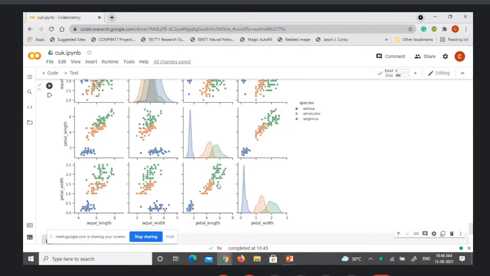And if you see the petal length, the Setosa class, which is blue, is well separated from versicolor and Virginica with respect to the petal length. So here I can use this feature alone. If I want to do a binary classification where one class is Setosa and the second class is a combination of versicolor and Virginica, then I can simply draw a straight line here and say that if the petal length is greater than around 3, then it may be either versicolor or Virginica, and less than 3, it is Setosa.